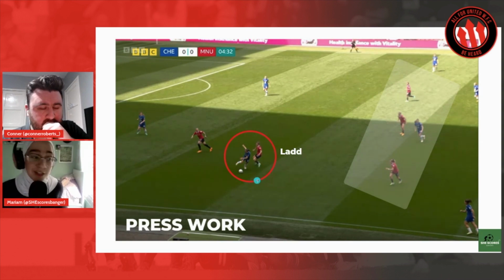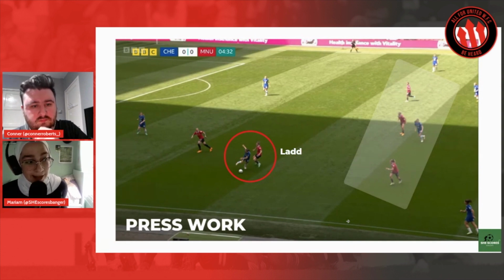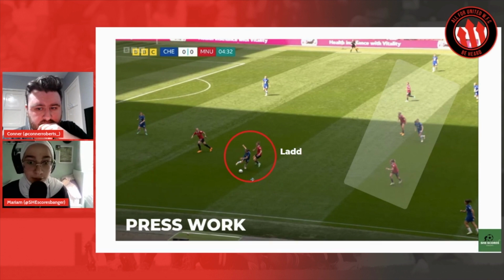And this was a dispossession. She loses the ball and it's a throw in from United. And this is exactly what happens, that early start, early pressure, very high up on the pitch, causing this dispossession always. And I think Lad did a lot of that dirty work, maybe not given enough praise on how much pressing work she really did, covering a lot of spaces, just really not allowing those Chelsea midfield players to have